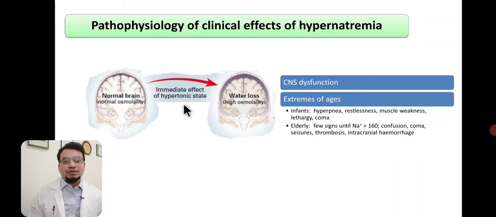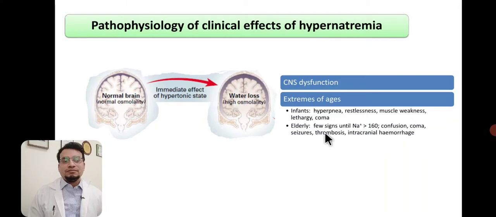Due to the effect on the brain, the most common symptoms of hypernatremia are central nervous system dysfunctions, and the presentation of hypernatremia depends on the age. In infants the presentation is different, in older age groups the presentation is totally different. In infants, hypernatremia presents as high tidal volume and rate, restlessness, muscle weakness, lethargy, and ultimately coma. In elderly,